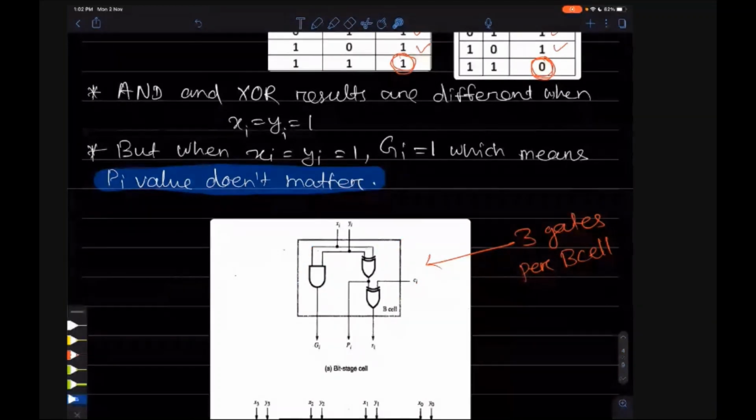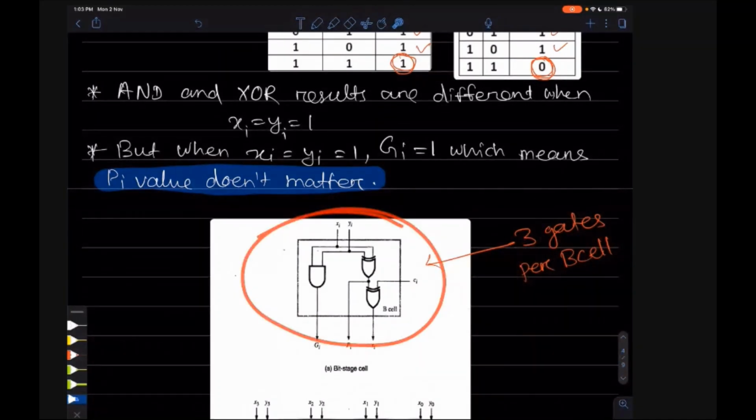Understood? In the previous case, if pi is an AND gate, then we will have an AND gate here and another XOR gate here. Then only you will have xi yi XOR and then XOR with ci, and then you will get the sum. But in this case, we are taking the result from pi and using it in calculating the sum. So now only 3 gates are required. Now our circuit is optimized.